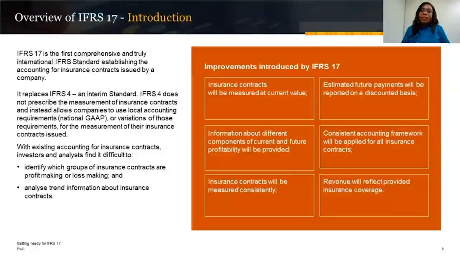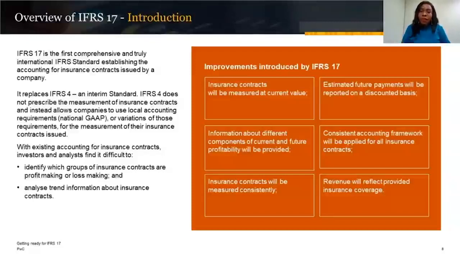So you are looking at the fulfillment cash flows. What will it take you to fulfill your insurance contract over the life of the contract? You're looking at your inflows and also the payments, the claims that you expect to incur on those contracts. Then you determine your overall profitability on the contract, and then you recognize it over the insurance period as you